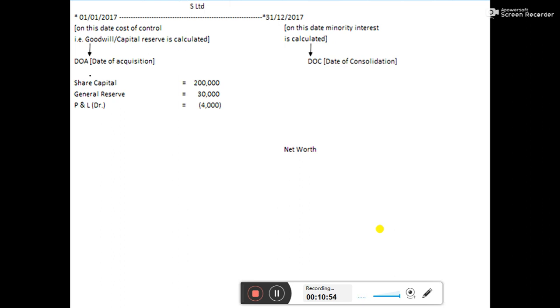In additional information, in item number 4, they have mentioned that S Limited stock is overvalued. Overvalued means by 20,000. So S Limited in asset, they are having 3,20,000 as asset. But H Limited will only acquire the value by 20,000 less. That is, out of this 3,20,000, they will only take 3 lakh rupees as the real value, and 20,000 will